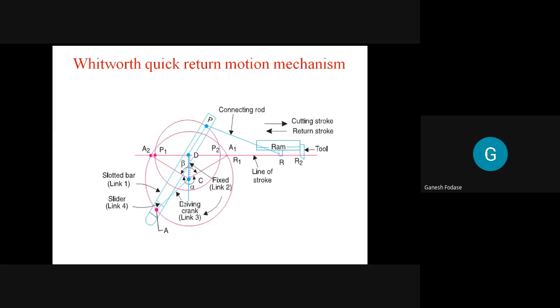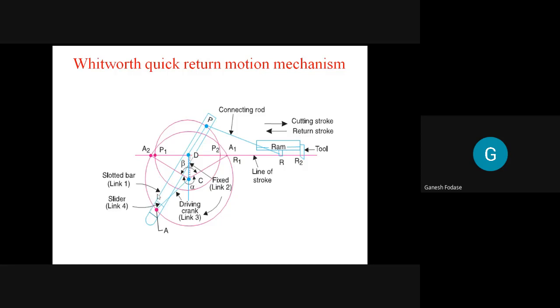My first question is, when the Whitworth return motion mechanism is achieved, which link is fixed? The shortest link is fixed, of course. Now see, you can see here, this link is the shortest link, that is this CD. And as we discussed, the crank is with respect to this CA, or you can say AC is a crank.